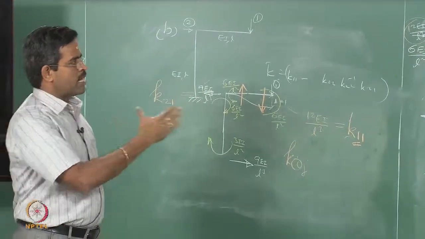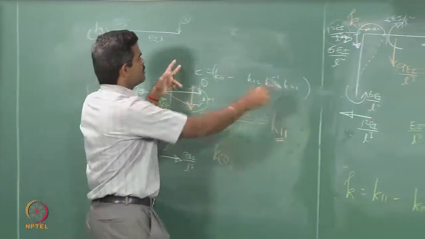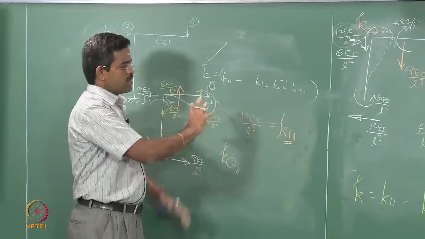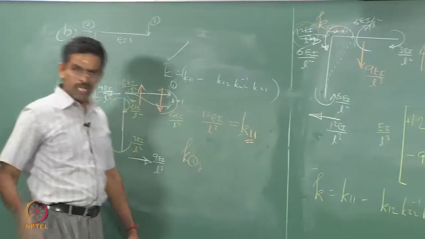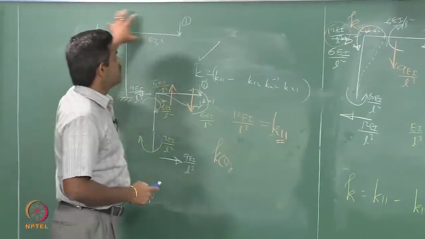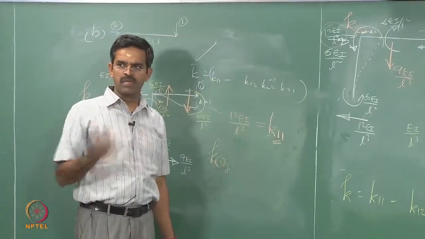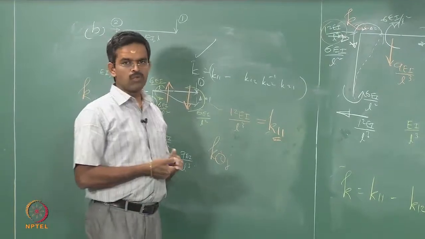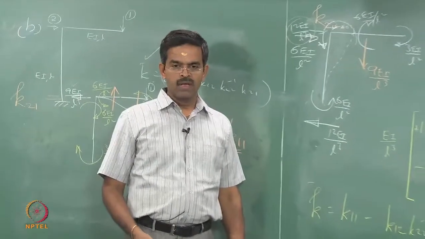So, two examples A and B are demonstrated for finding out the equivalent lateral stiffness matrix, which is K bar, which is a very important advantage in application of dynamics for finding out fundamental frequencies if you are idealizing the problem into an equivalent single degree problem. This will always be required in many cases. Okay. Any doubts?